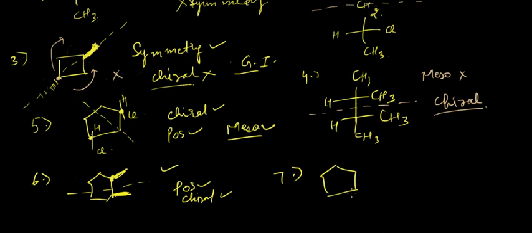Here we have Cl, Cl and H here. Similarly, we have Cl and H here. So does it have any plane of symmetry? No, it does not have any plane of symmetry, hence this is not a meso compound. Okay,